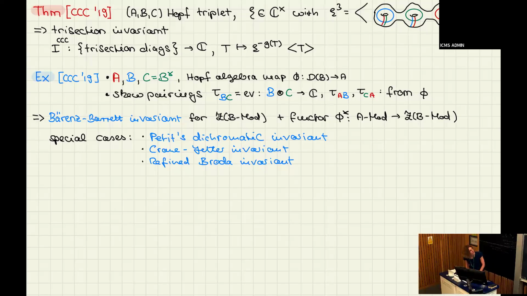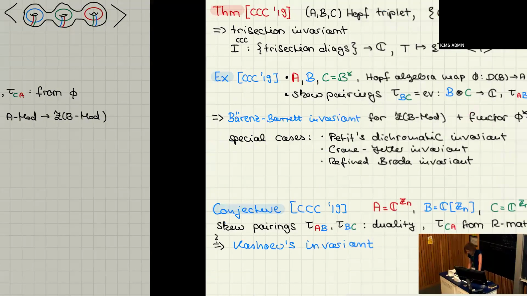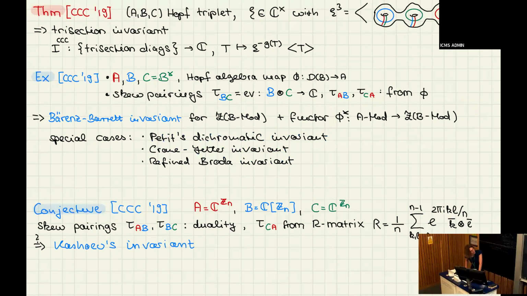Behrens-Barrett invariant, because what you can do then is, here already you have a center. And the easiest thing you could do for this functor from A mod to the center of B mod is simply to say that this functor is the identity. That's okay. And then there's one other case that was investigated in more detail there, and that's a conjecture from the